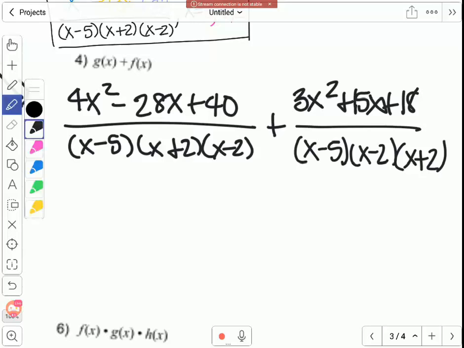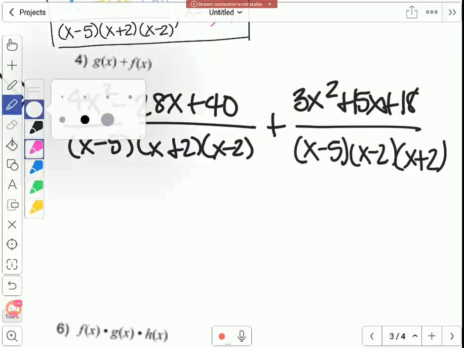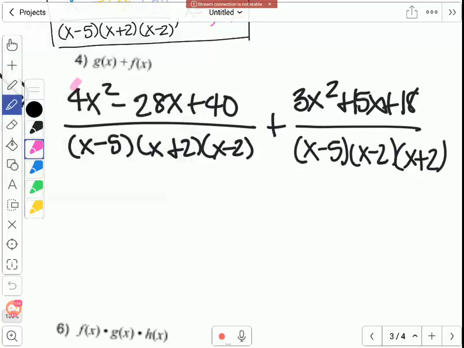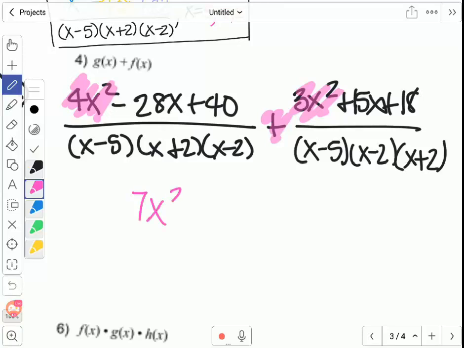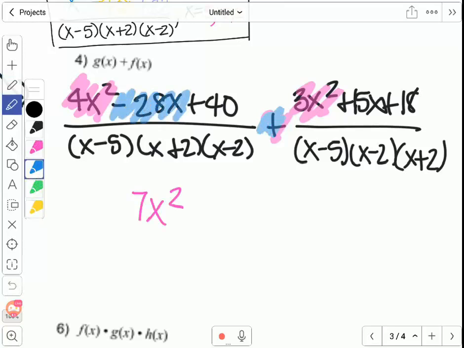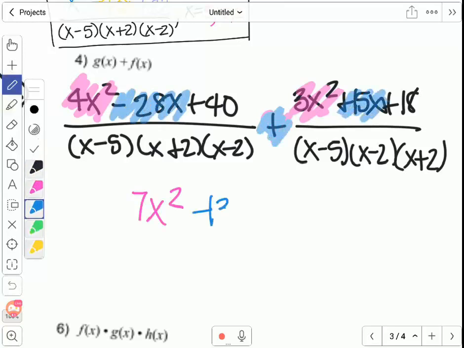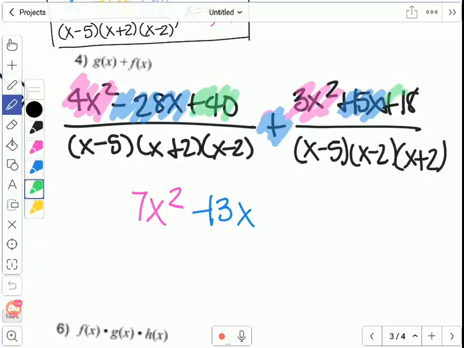So that means that I can combine some things. I can combine my 4x squared plus 3x squared, which is going to give me 7x squared. And I have negative 28x plus 15x. That's going to be negative 13x. And then I have 40 plus